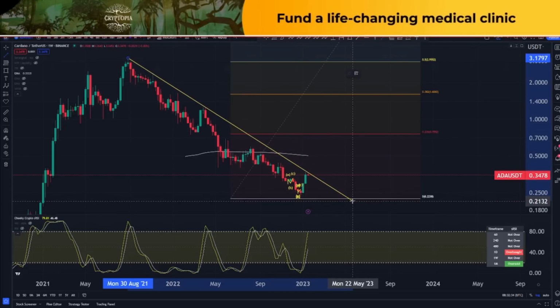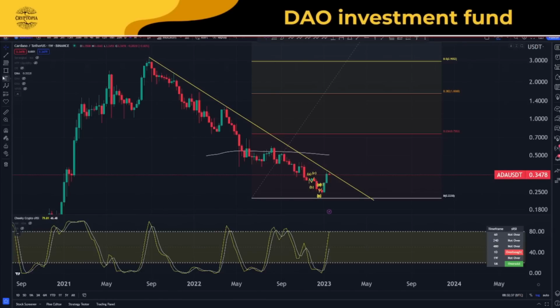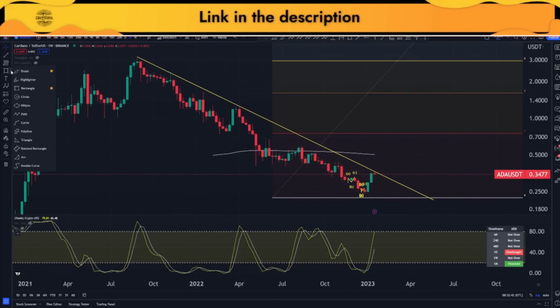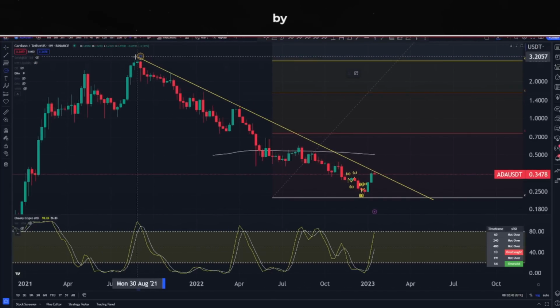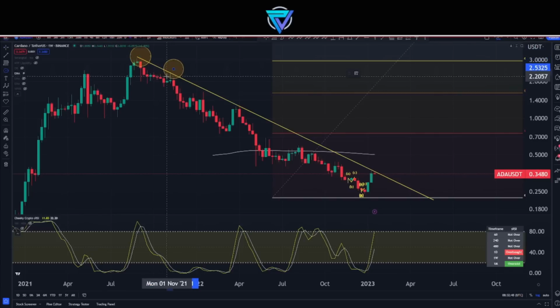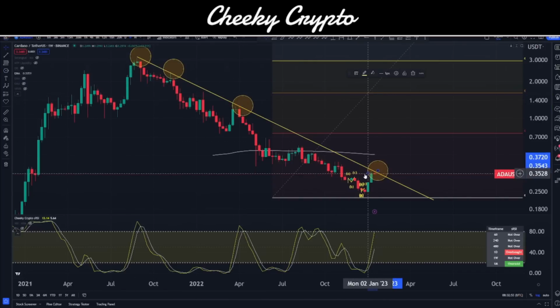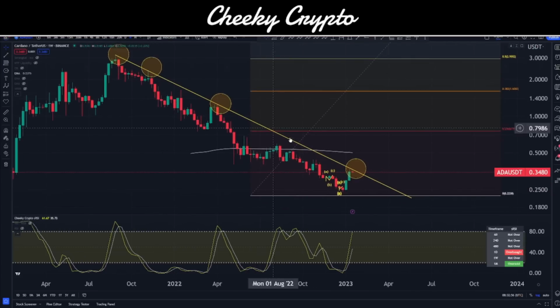Let me draw a trend line on here just to illustrate this. Okay, trend line. And actually what's interesting about this trend line, and you'll need to put your charts on logarithmic if you haven't done so already. Let me go grab a circle here. So obviously here on this one, we tested right up here, and we're testing right now here. Okay, so this trend line, although I'm not a big fan of trend lines because it is subjective to where the analyst draws it, you can see was first tested in August 2021, then we tested it again in November 2021, tested again in April 2022, and we're testing right now here on the 16th of January 2023.